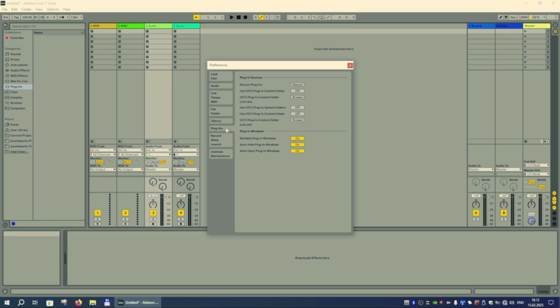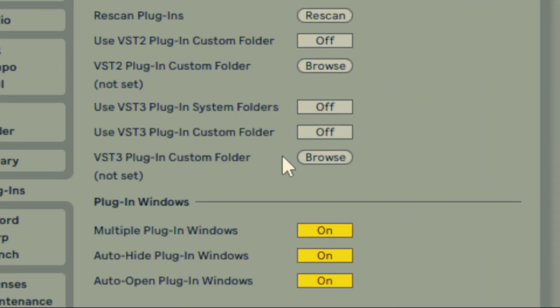Plugin section is also very important because here you set up your plugins' locations and behavior in Ableton Live. VST plugin custom folder and VST3 plugin custom folder are the locations of your VST2 and VST3 plugins respectively. If you change them, you'll also need to turn on the Use VST2 plugin custom folder and Use VST3 plugin custom folder.